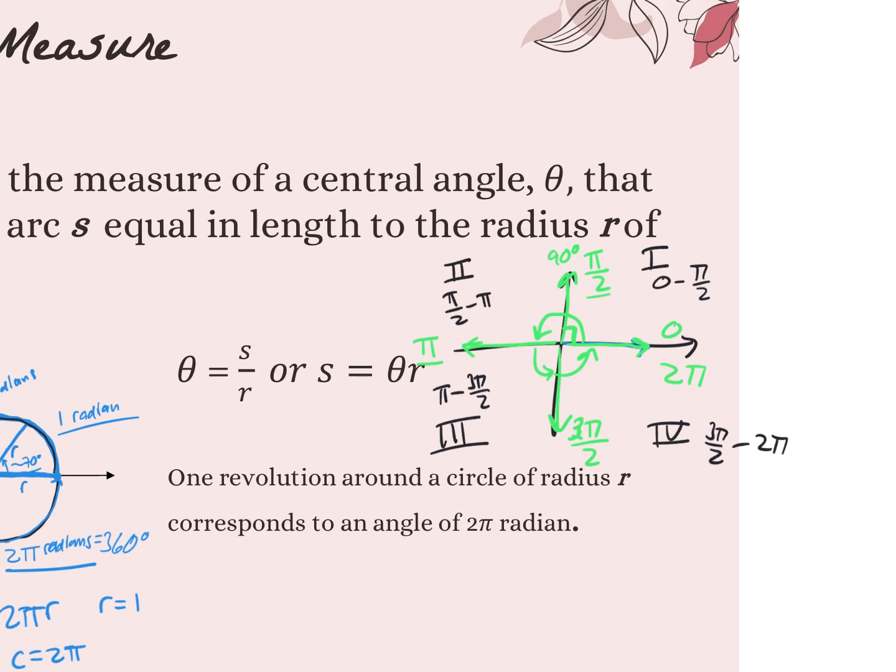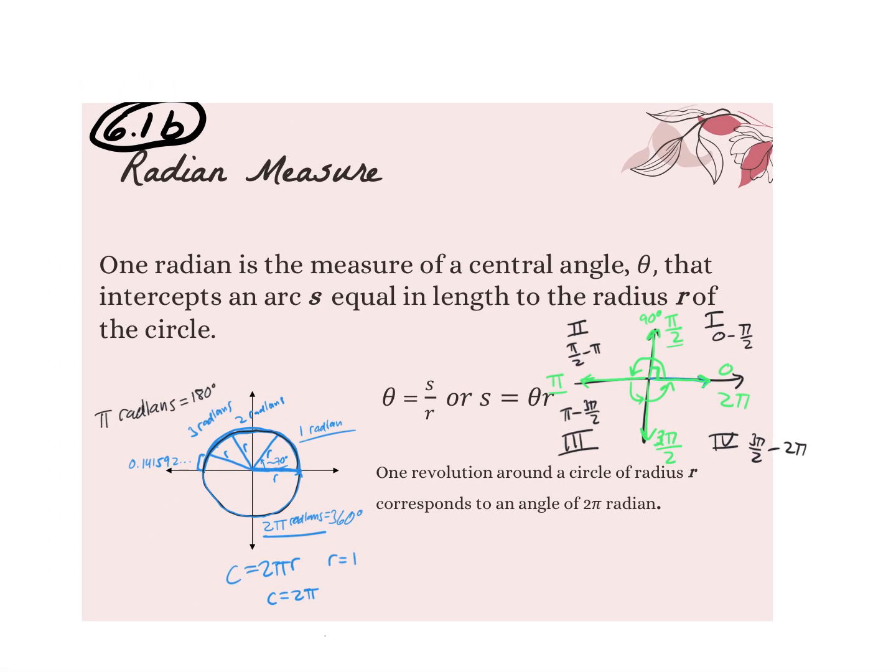That's going to help when we start applying the previous lesson into this lesson. So we're going to start this lesson by finding some coterminal angles, and having a rough idea of where it is going to help us in determining how many rotations to do